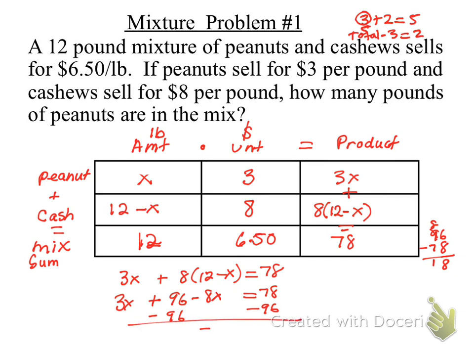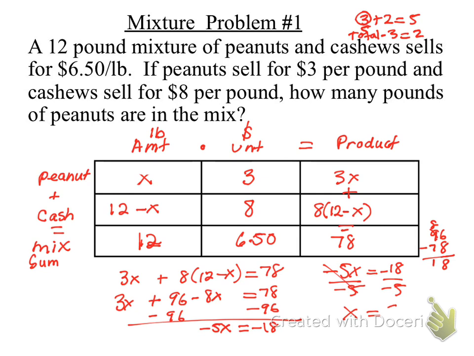And so I get negative 5x equals negative 18. And then we divide by negative 5, divide by negative 5, and x is equal to,